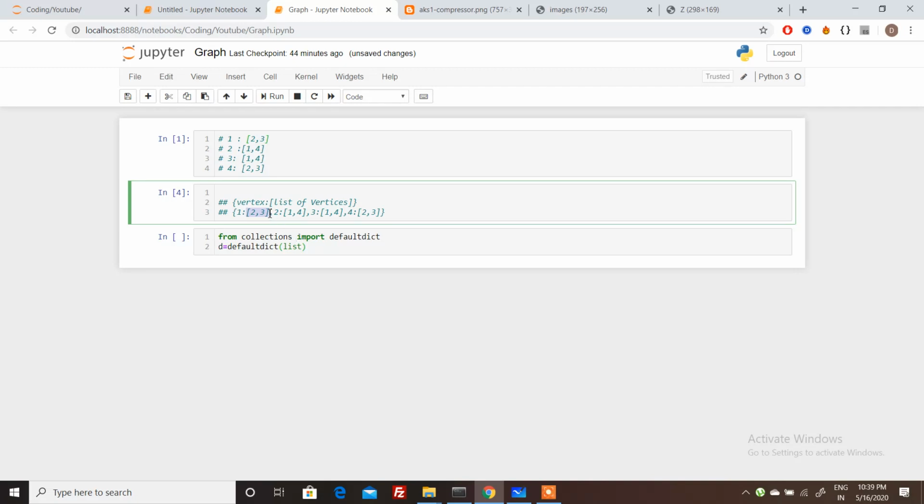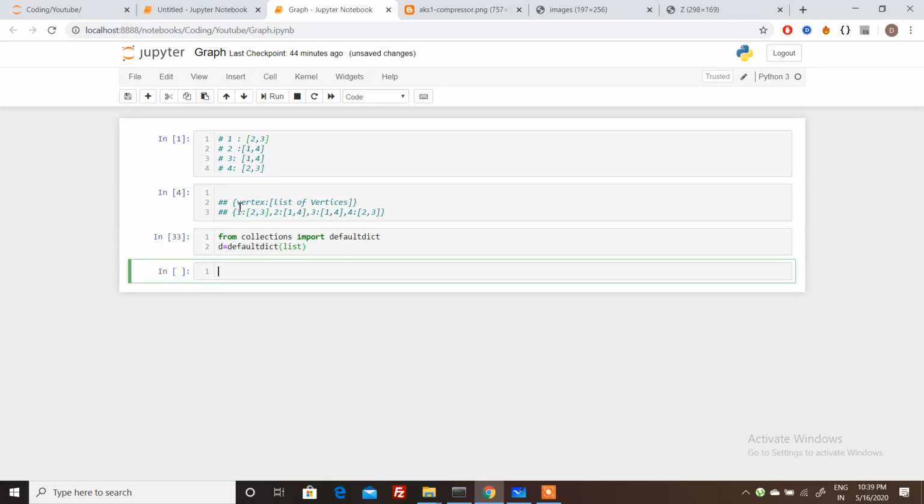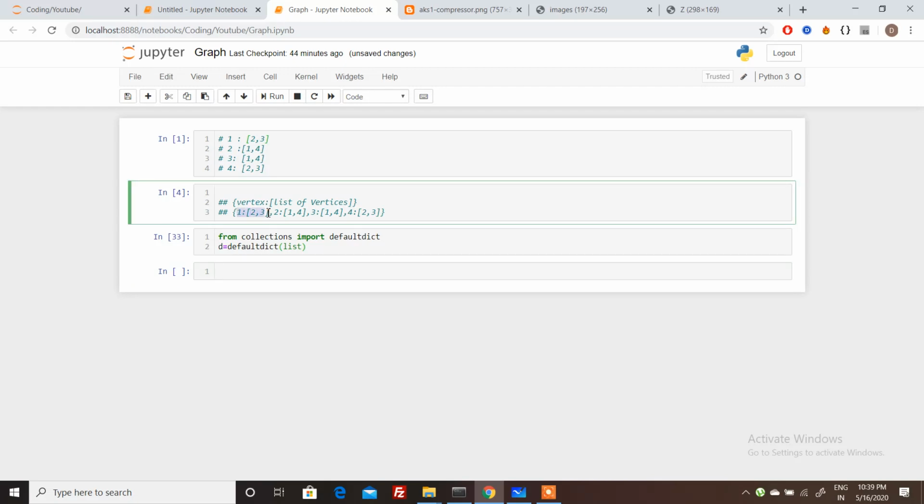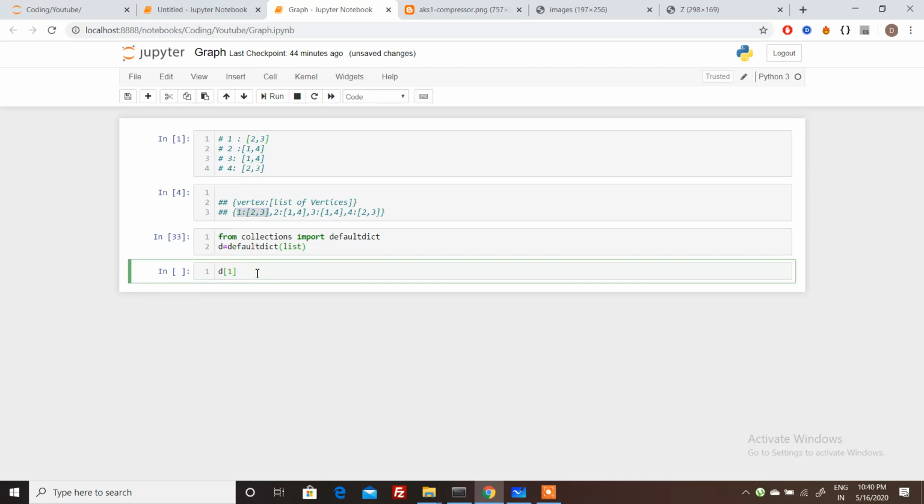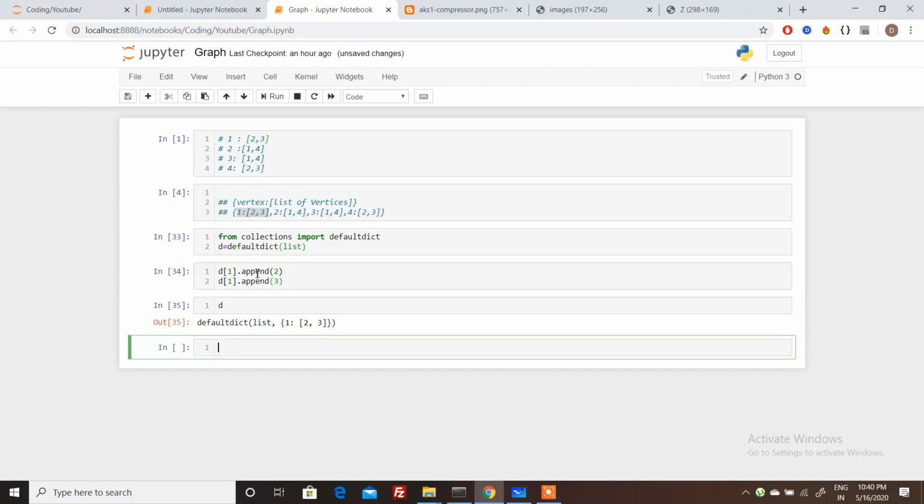Or if the value of the dictionary is a string, we can pass str. In our case the value is of list data type. Let's say we want 1 to be the key and 2 and 3 to be the value. We will just append 2 to d of 1, and then 3. Here we can see that the key is 1 and the value is 2 and 3. I hope you understand how defaultdict works.